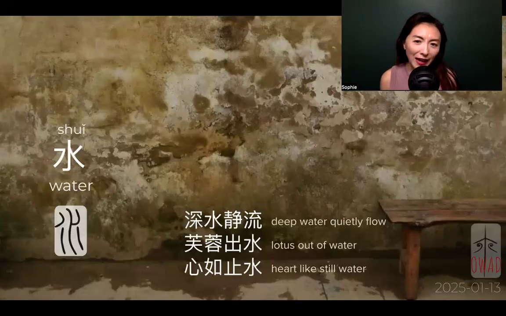And especially deep water is almost like, for somebody who has lots of experience about things, they are unruffled in everyday situations. They wouldn't even bother to complain because they have seen worse, right? So that's the basic idea.